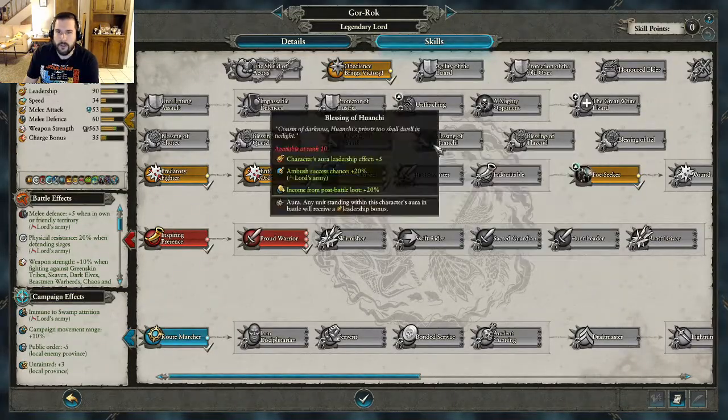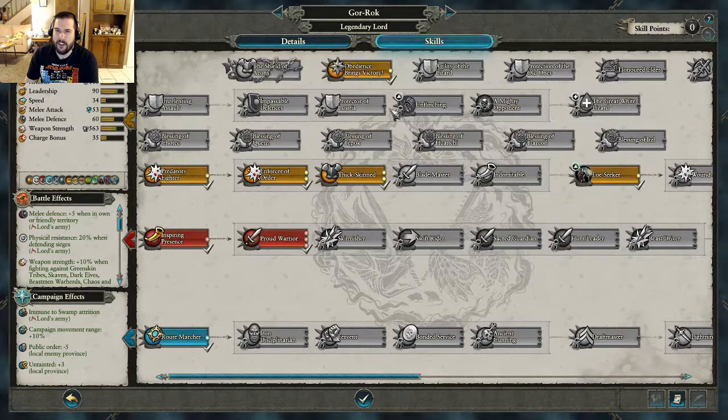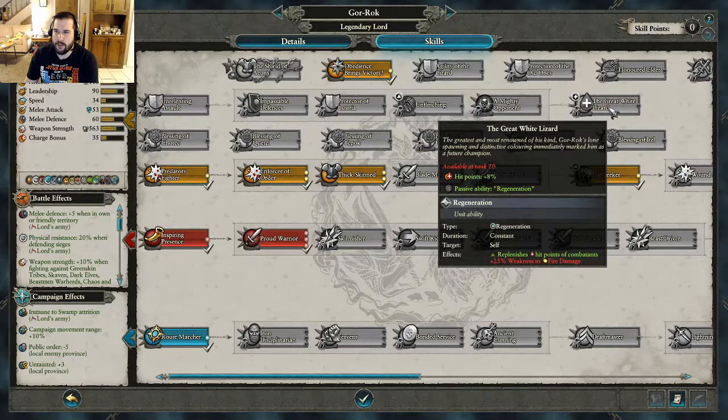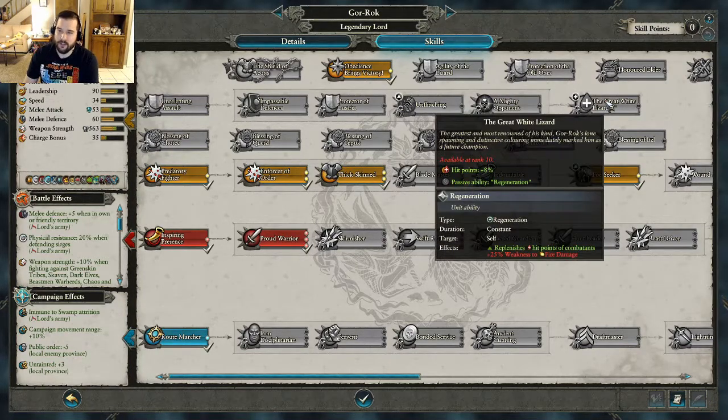So. Oh, right here. This is one that you have to get after, I think. I don't know if you have to get everyone or if you have to get a couple when this unlocks. Maybe. I'm pretty sure you have to get a few before this unlocks. It gives him regeneration and extra hit points. And he also gets a 25% weakness to fire damage. Most regeneration